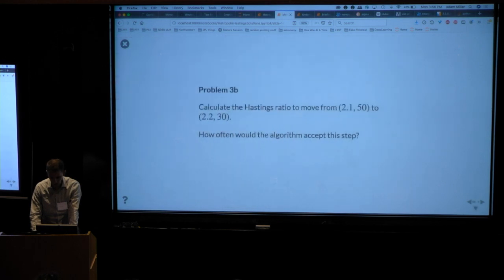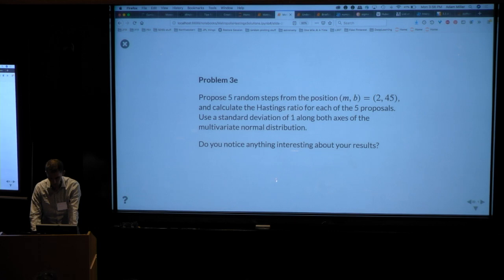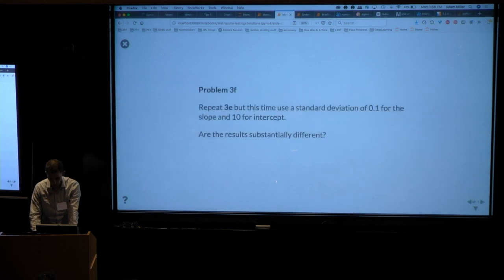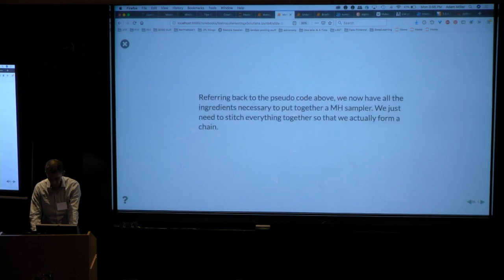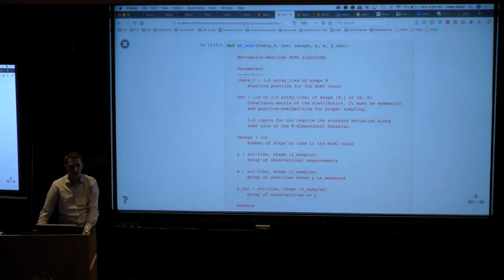Okay, and then we did some examples of how the Hastings ratio compares at a few different positions. I'm just going to skip over that for now. Okay. All right, so then the next problem was to actually write out the function that does the Metropolis Hastings